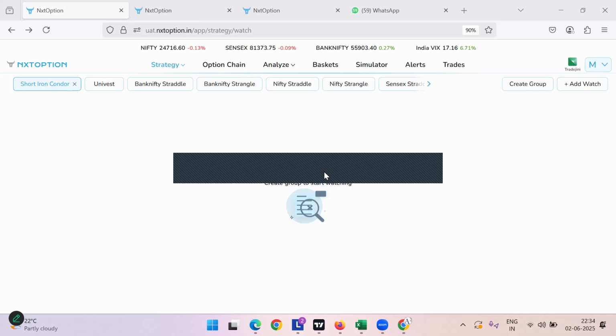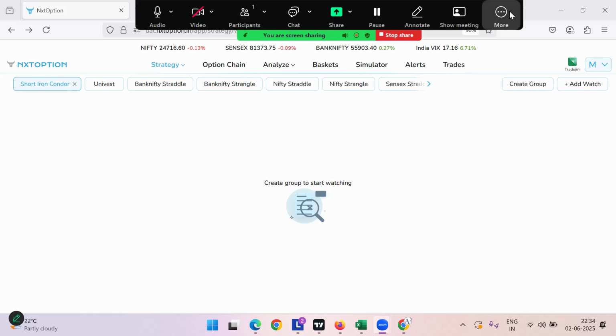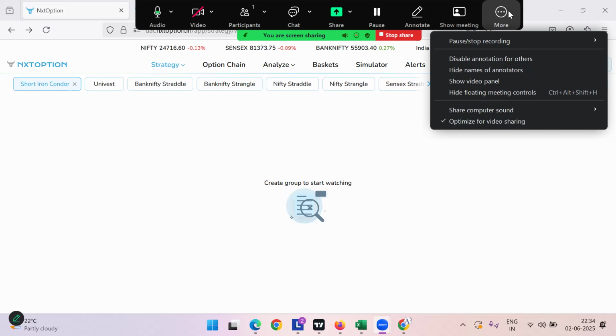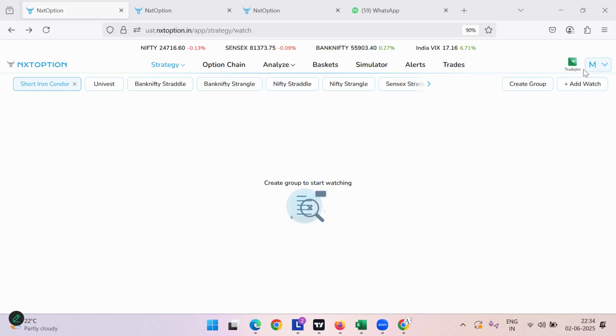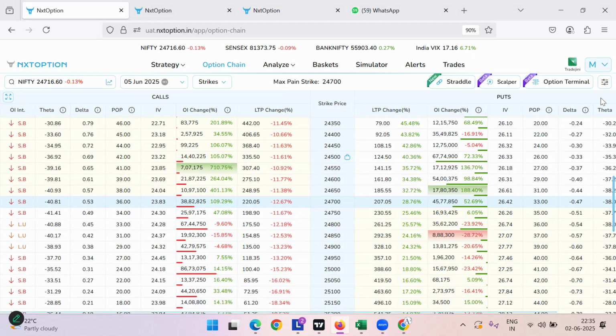This particular session will cover the three new features that have been introduced in NextOptions. Now, NextOptions, a dedicated option trading platform, is made freely available for all the TradeGenie clients. If you click on the option chain, we have come up with three new features: option terminal, scalper, and straddle. Now, when you click on the option terminal,